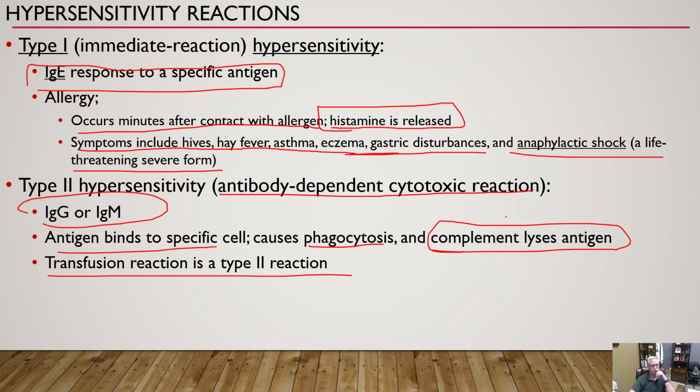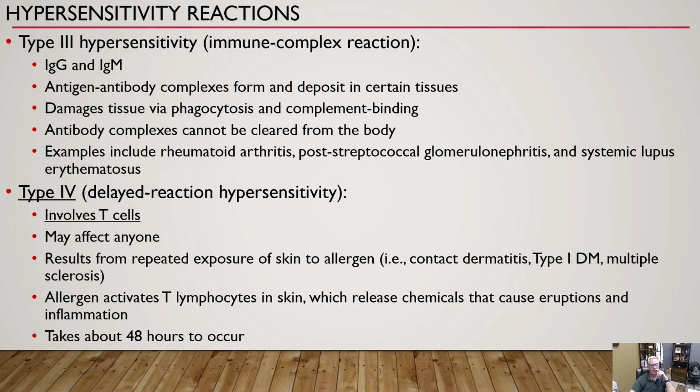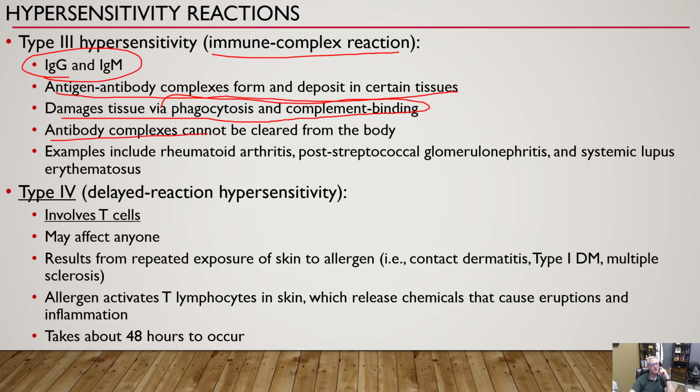A type 3 hypersensitivity. It's an immune complex reaction. Again, you're going to see IgG and IgM. This is where you're going to have that antigen antibody complex form in different tissues. That damaged tissue, we're also going to see phagocytosis and that complement binding. But that antibody complex can't be cleared from the body. You'll see that in like rheumatoid arthritis,